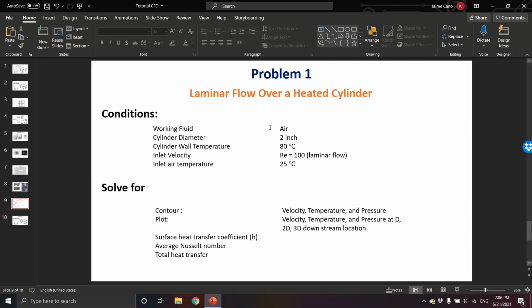So if we take a look, here is a problem. We're going to solve for the laminar flow over a heated cylinder. We have our conditions. Our working fluid is going to be air. The cylinder diameter is going to be 2 inches. The cylinder wall temperature is 80 degrees Celsius. The inlet velocity is set by a Reynolds number of 100, which is laminar flow. The inlet air temperature would be 25 degrees Celsius, and we'll be solving for three different contours: the velocity, the